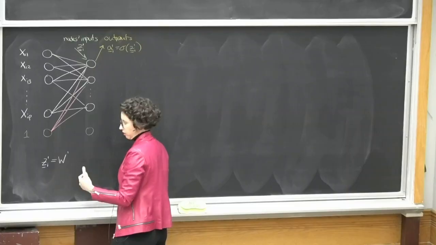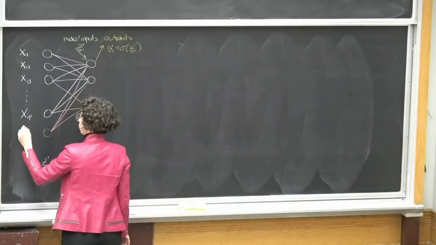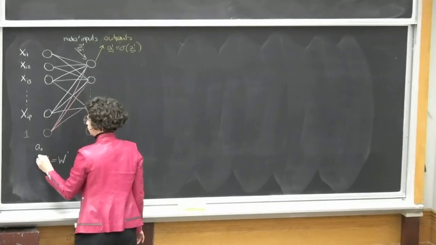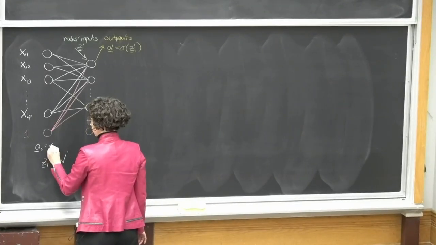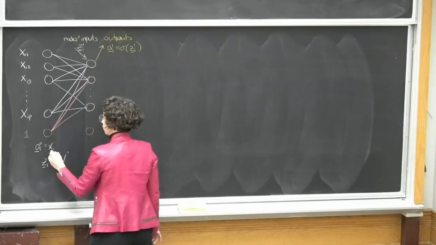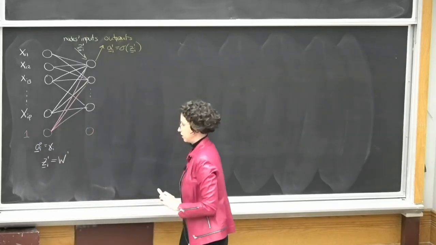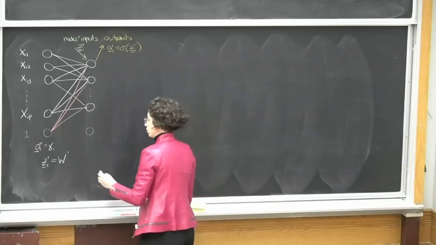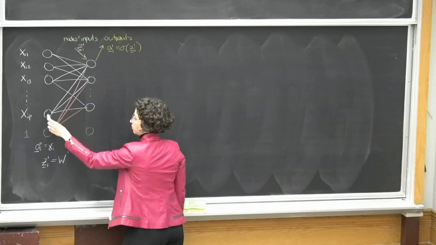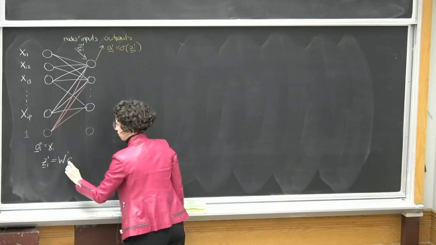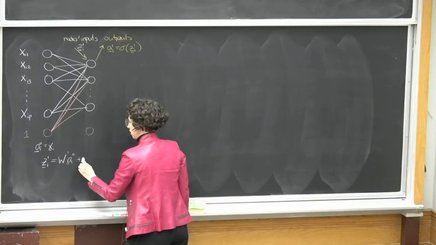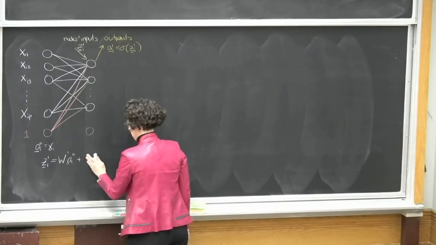And just for giving ourselves some general notation, I'm going to call A_i^0 simply my feature vector x_i. And so I'm going to apply this weight matrix to what's coming out of the previous layer. So I will have A_i^0 here. And then I will add to it a vector of biases,